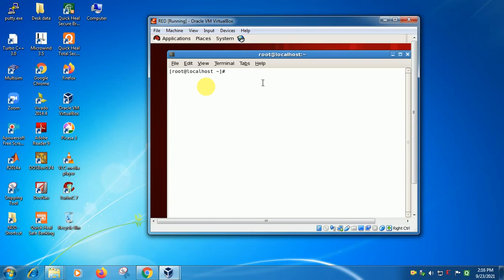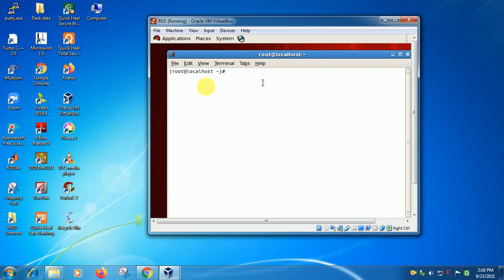VI editor is like a text editor. In it, we can write shell scripting programs, C++ programs, or any other program. There are commands to operate the VI editor, so without wasting much time, we move toward it.